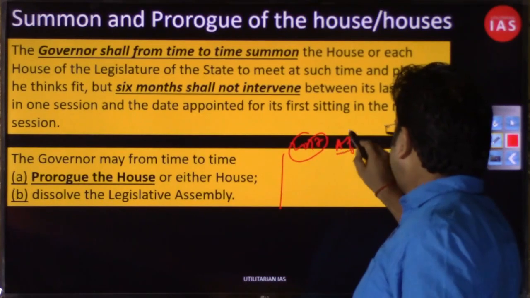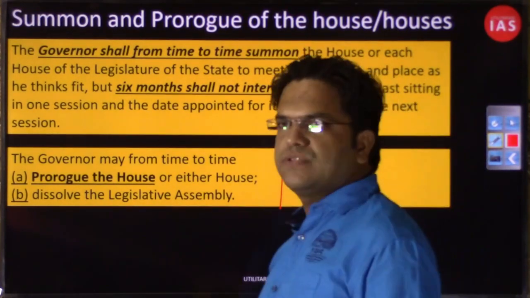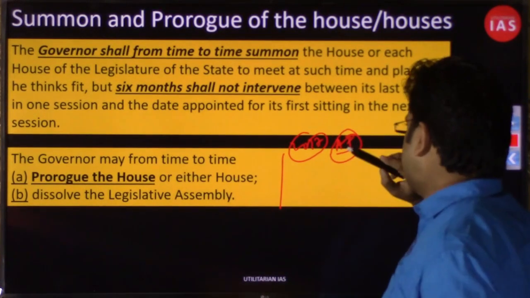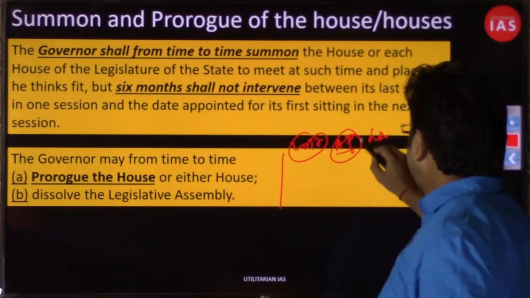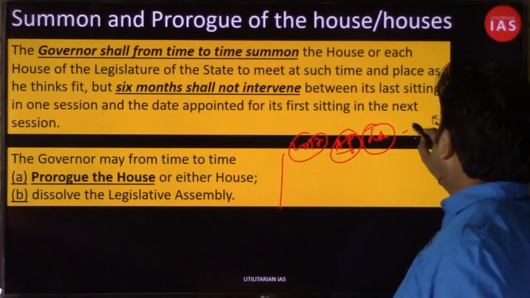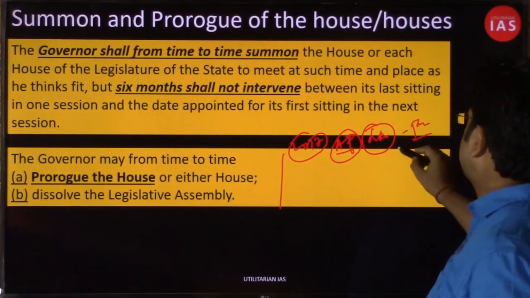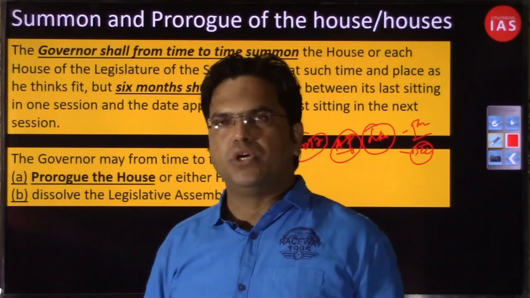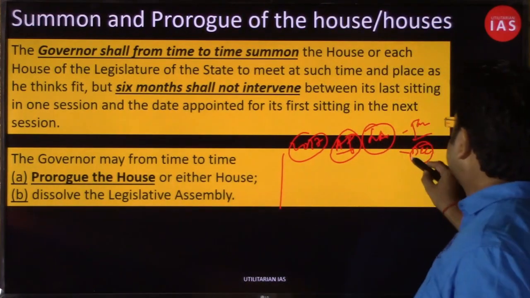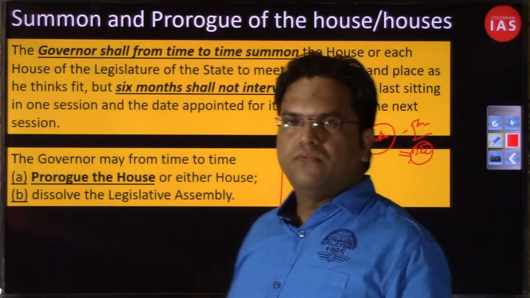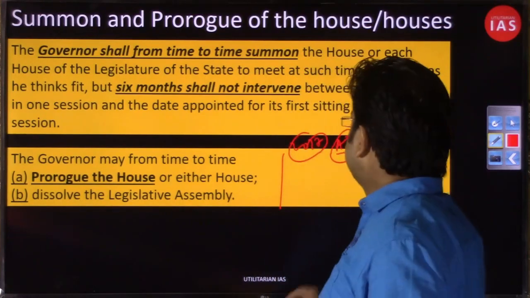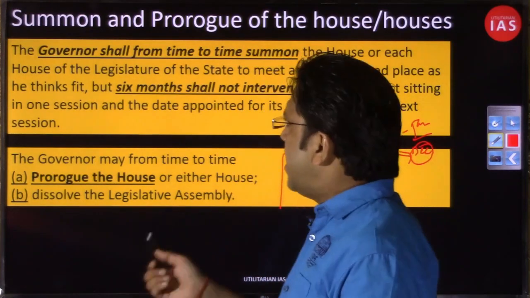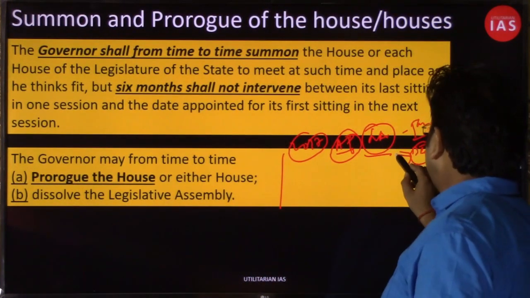where the governor, without following the advice of the council of ministers, had preponed. The legislative assembly was scheduled to be summoned in January, but he summoned this house in December itself, just to benefit a particular political party. And you can guess that political party would of course have been the ruling party from the center. So governors at times, in the absence of clear-cut guidelines from the constitution, have acted in a